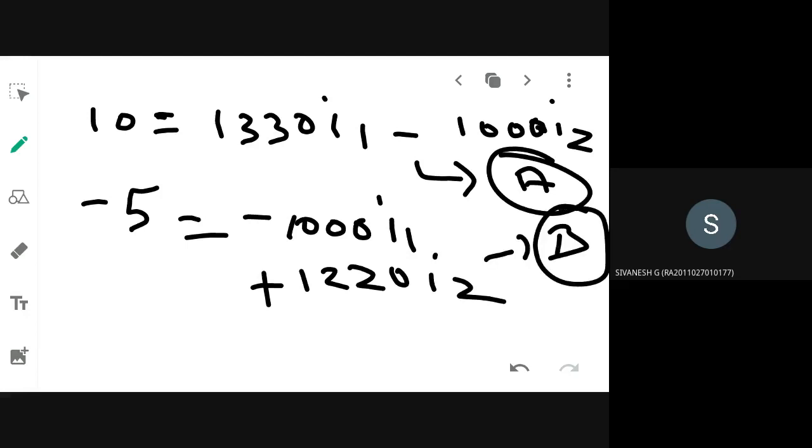Now this equation I have obtained only by direct inspection, which I will teach you later, but before that we will solve for I1 and I2. These two are algebraic equations. You know how to solve algebraic equations and find I1 and I2, no? Yes, ma'am. A you will multiply by 1000 and B you will multiply by 1330 and solve it algebraically. Solve it and tell me what is the answer. Ma'am, can you go back to the diagram once?